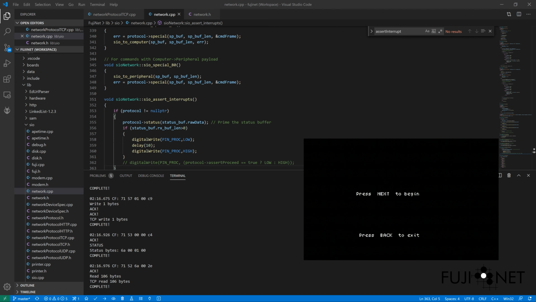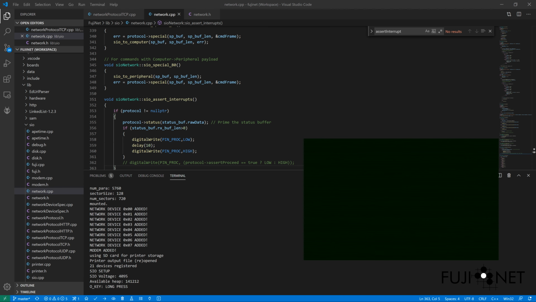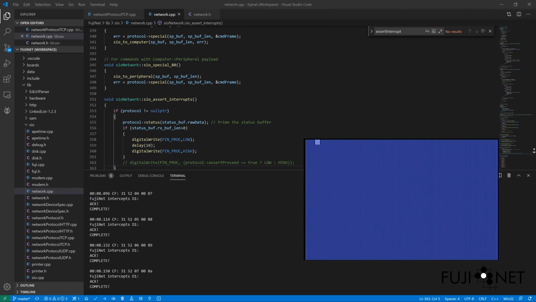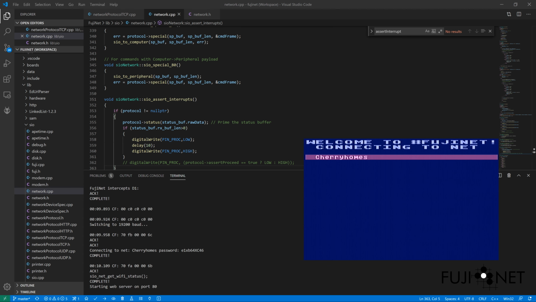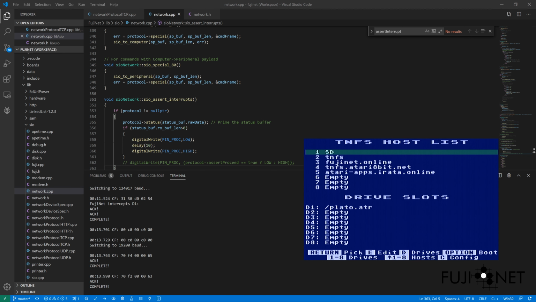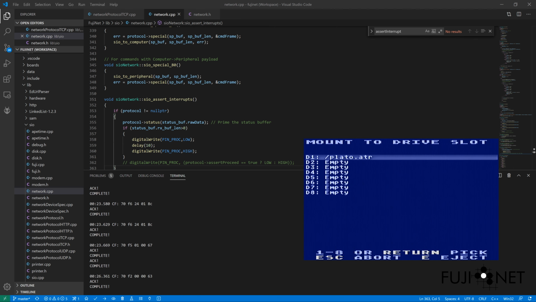Now, just for the sake of illustration here, I'm going to reboot with what I call the beeps version of PlatoTerm, so you can hear the network traffic actually going back and forth. And this is accomplished essentially by leaving the SOUNDR variable in the operating system set to its default value of 3. If we go ahead and go here, select Plato beeps,